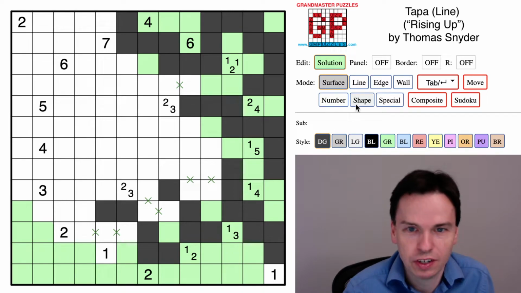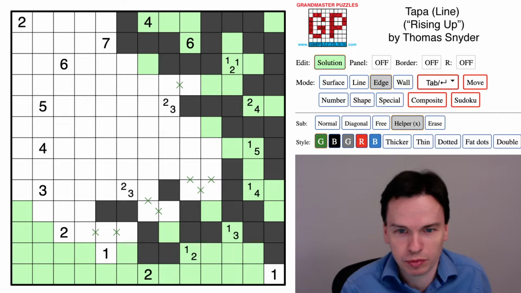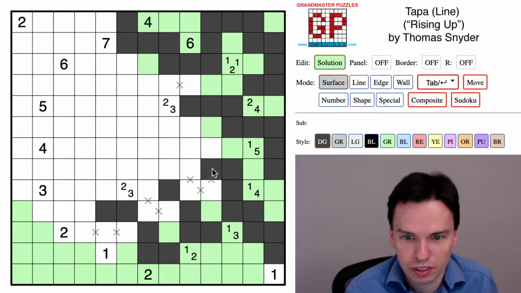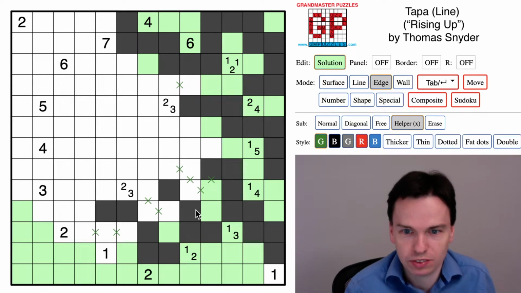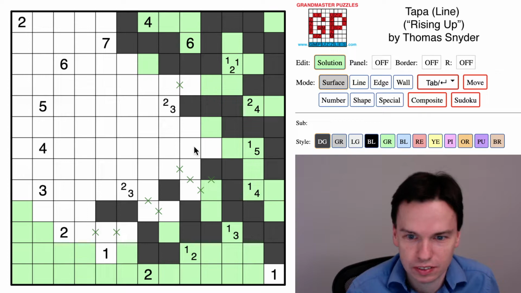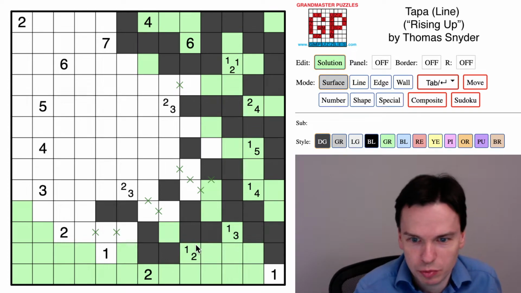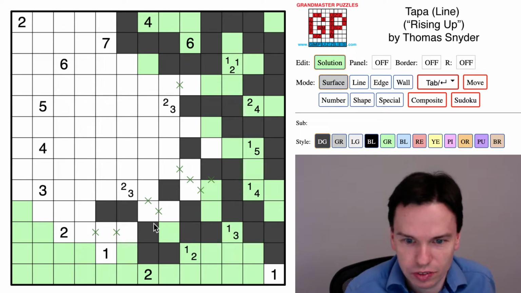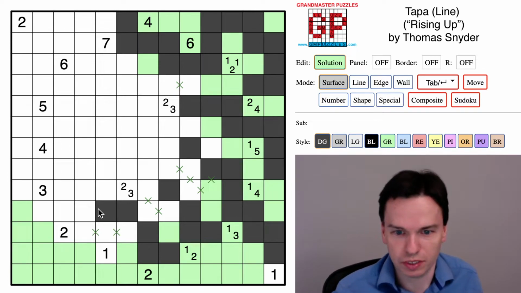way to get out. But once I mark that in, I also now mark another set of edges that I can't come through, which is going to show me that the Tapa extends this way. And I can now mark another set of edges, which are going to show that the Tapa can't extend too far. So I get another cell like this cell that's got to be used. And this will play out a bit in different ways and hopefully get us through to the finish if we keep doing this kind of thinking. But just wanted to mark some of it into the grid because I think it's helpful at this stage to